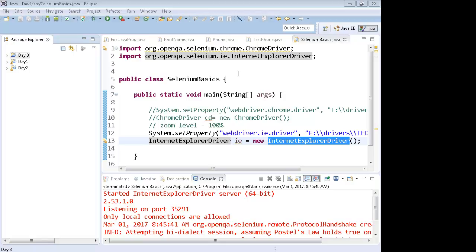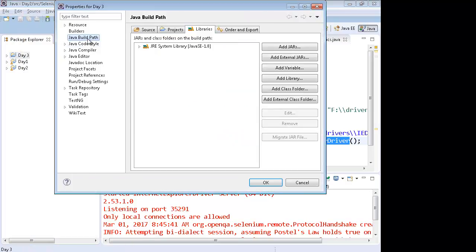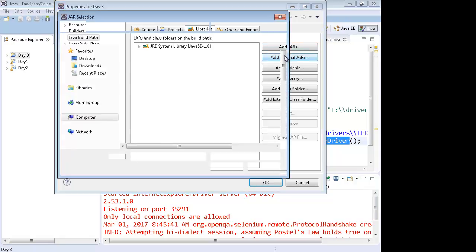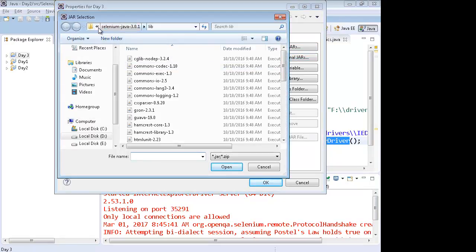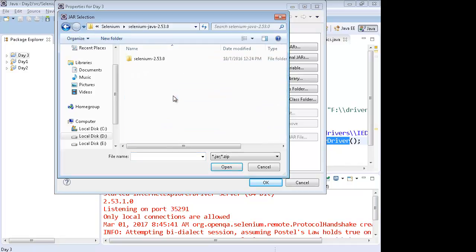Out here I can add the jar files for Selenium 2.53. I'm in day 3, and I'm going to add the jar files for Selenium version 2.53. I'll give you the jar files after the class.